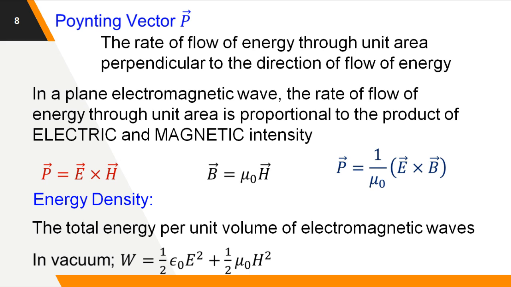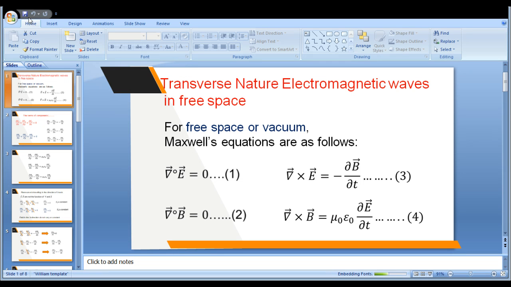So this is the rate of flow of the electrical energy, the Poynting vector, that indicates how much amount of energy is crossing in a direction exactly perpendicular to the direction of the propagation of the light energy. So that is expressed in terms of a vector P equal to E cross H. In that, the amount of energy per unit volume, or the energy density, due to the electric field is this much term and due to the magnetic field is going to be this much term. So this is what we are indicating, the amount of energy transported perpendicular to the direction of propagation. Okay, thank you.